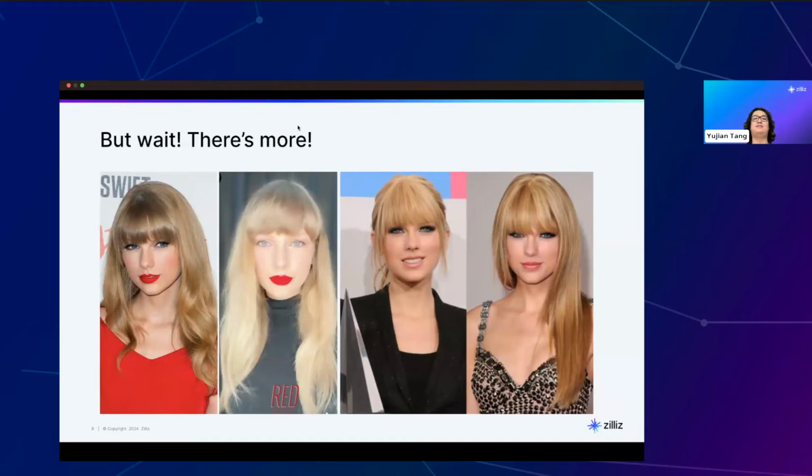So here I've got some pictures of a very, very famous celebrity, my favorite celebrity, Taylor Swift. And what I would like to know from you guys is, which one of these pictures do you think is not Taylor Swift? So I'm gonna take a pause here, and I'd love for you guys to put some number